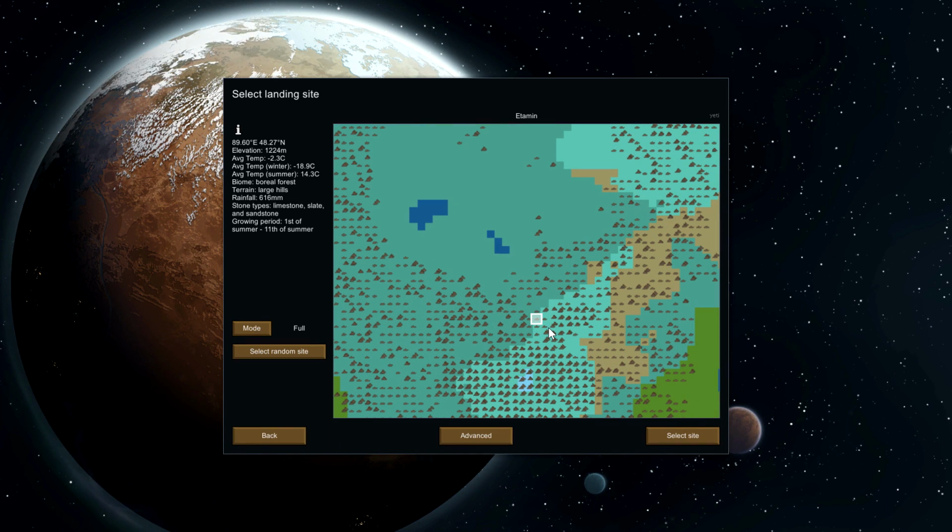It is a boreal forest, large hills, so there's not just tons of mountain everywhere. Boreal forest, so everything's a little bit cold. Boreal forest, so there's a nice diverse wildlife and plant life and all that. The growing period is pretty short. It only exists for, I think in this game 12 days is one season, so just the one season of